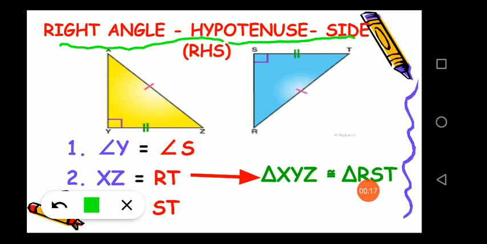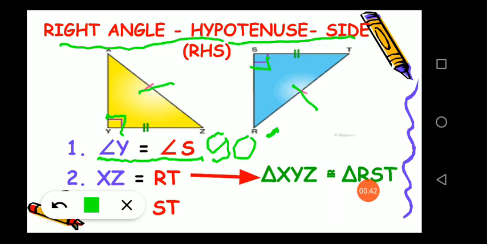From the name, we can conclude that this criterion is used only for right angled triangles. It says that if in two triangles, two angles are equal and they are of 90 degrees, which means they are right angles, then if their hypotenuse is also equal, we know in a right angle triangle the hypotenuse is the longest side and opposite to the 90-degree angle. So the second condition is that their hypotenuse is equal,